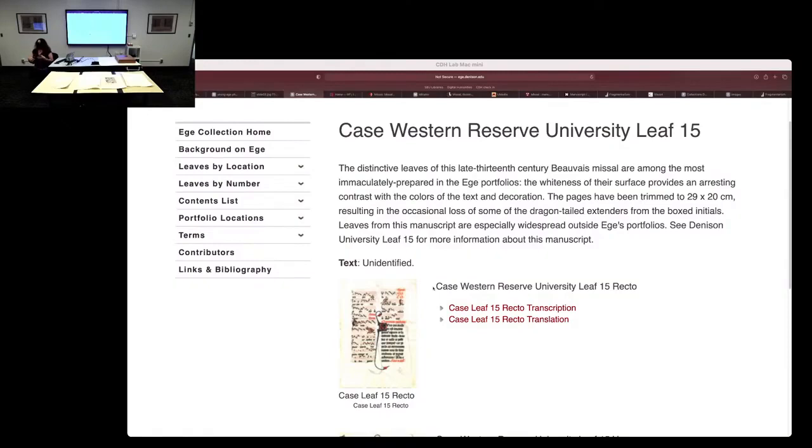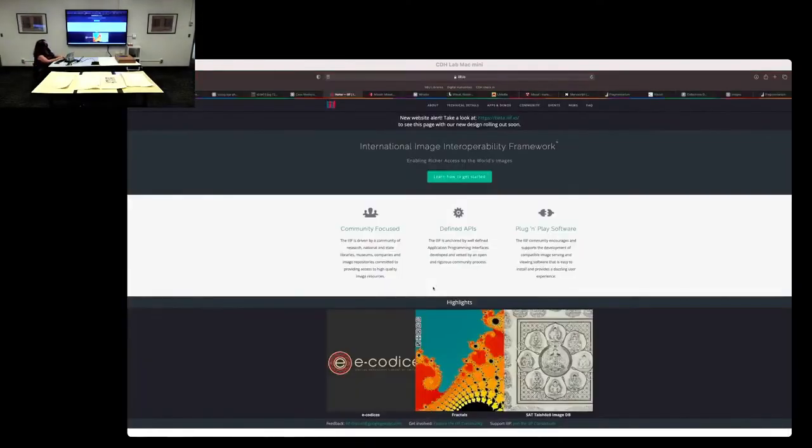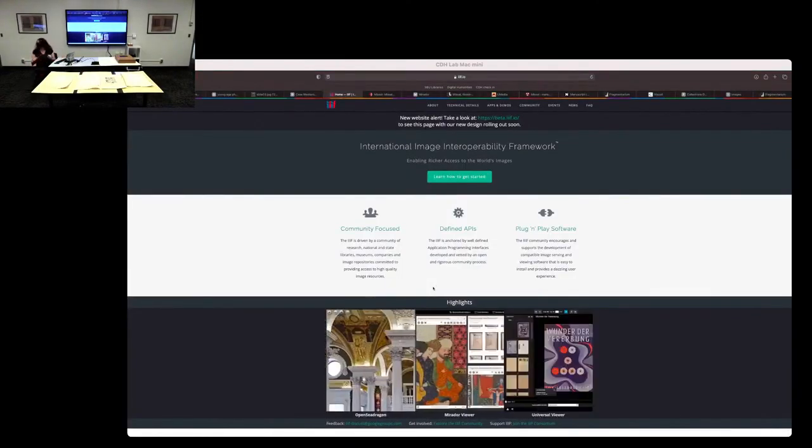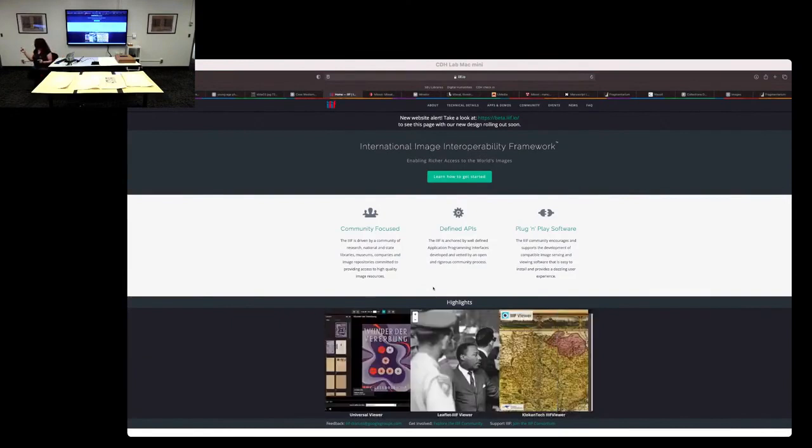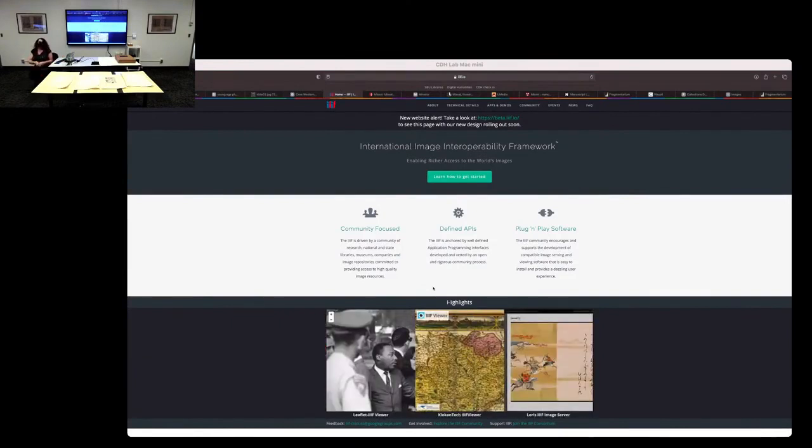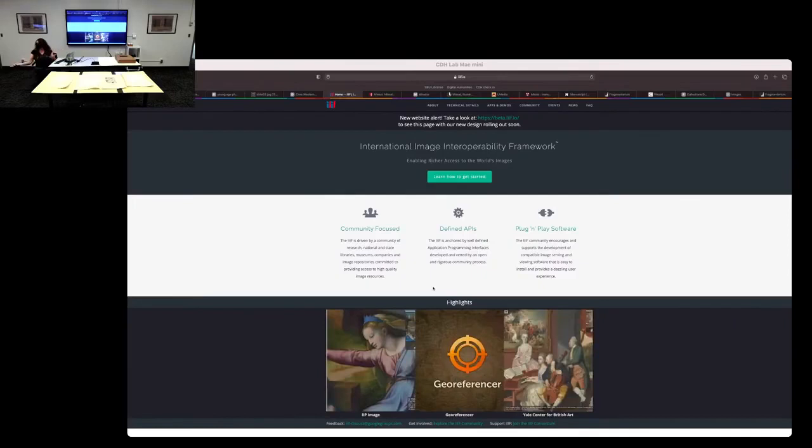It doesn't really allow you to start putting the pages in order and to think about what this manuscript was before it was discovered. So this was a great start, but it doesn't quite get us where we want to be. The thing that does get us where we want to be is IIIF, the International Image Interoperability Framework. International, obviously, it is an international